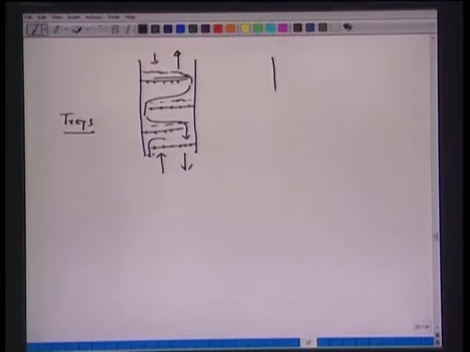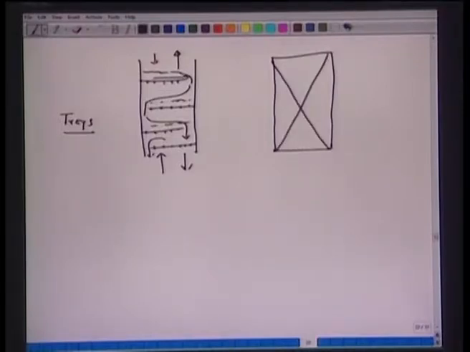On the other hand, what is most common here is a packed bed. So when you have the packed bed column and you look at the packing, there are several types of packings. It's recommended that you go through the textbook or some handbook and become familiar with the several types of packings which are used. Packings also have specifications. So any packing material you choose, or which is given, has certain specifications.